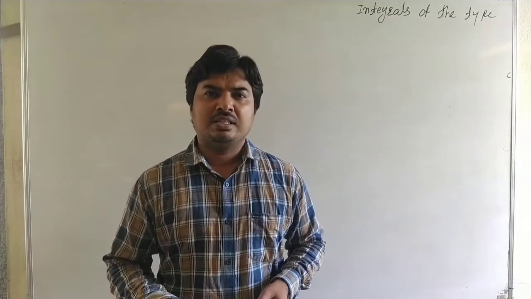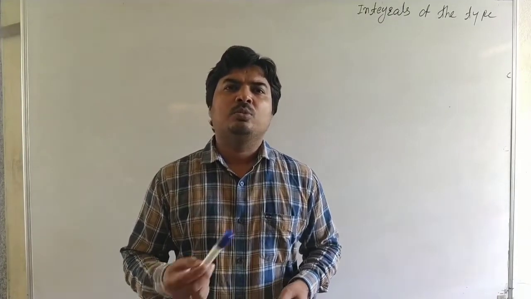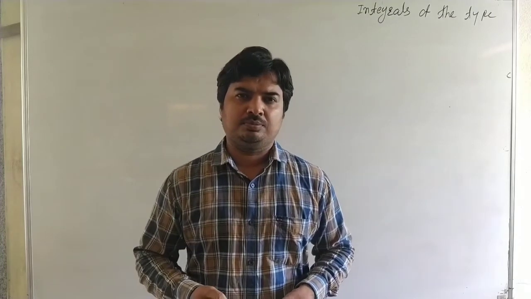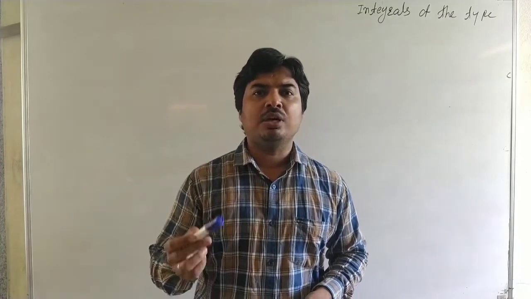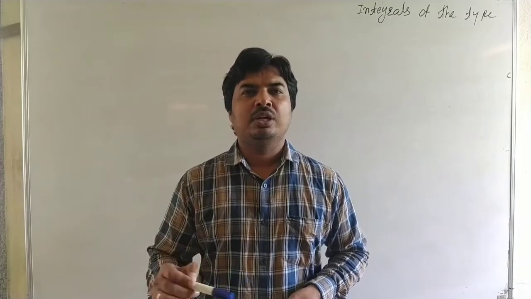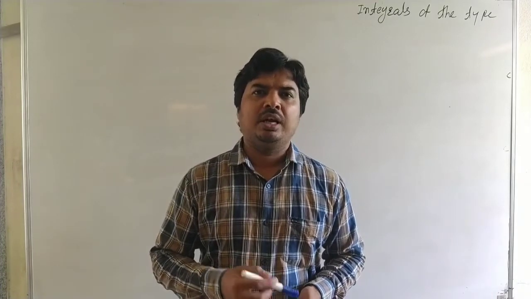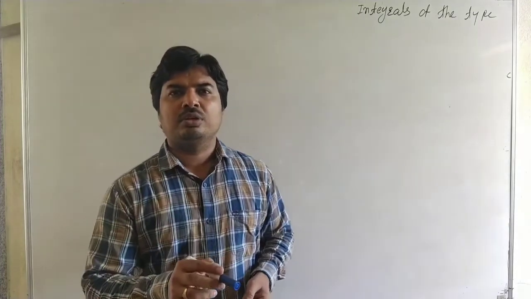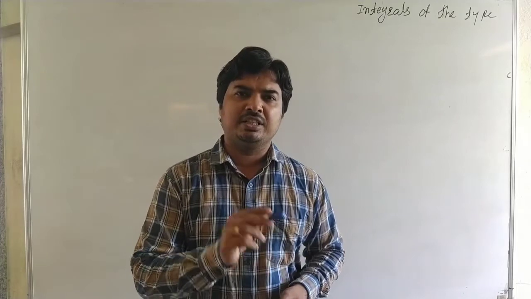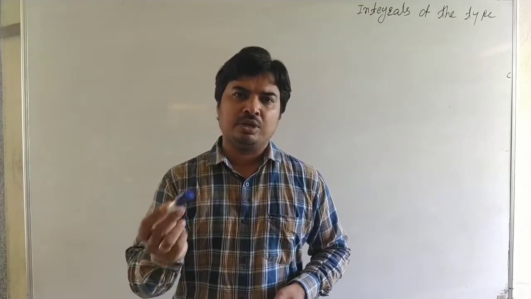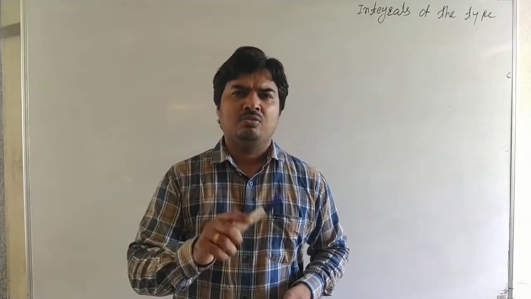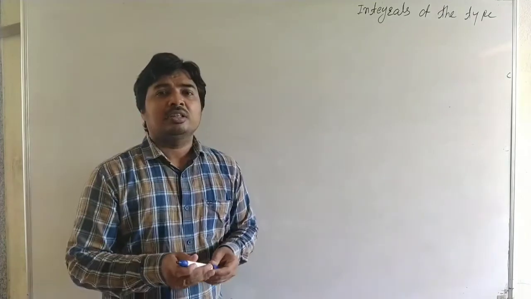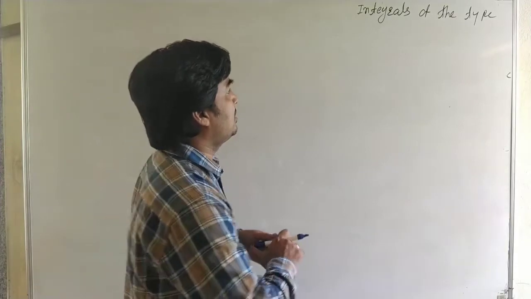Students, in the last lecture we saw one of the most important methods in the chapter on integration, that is the completing square method. To find the integrals of 1 upon a quadratic function, we can use the completing square method, and after completing the square we use the special integrals, that is 1 upon x square plus a square, 1 upon x square minus a square, or 1 upon a square minus x square.